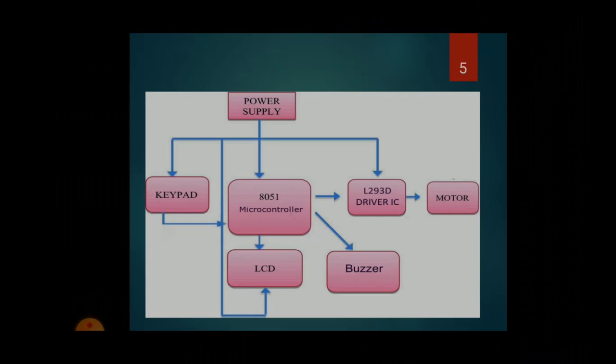So let us introduce the block diagram of the password-based door lock system. The block diagram consists of a microcontroller, a keypad, a buzzer, an LCD, a DC motor, and a motor driver IC. The keypad is an input device which helps to enter a password to open the door. Then it gives the entered code signal to the microcontroller. The LCD and the buzzer are the indicating devices for alarming and displaying the information. The DC motor moves the door to open and close, and the motor driver drives the motor after receiving the code signal from the microcontroller.